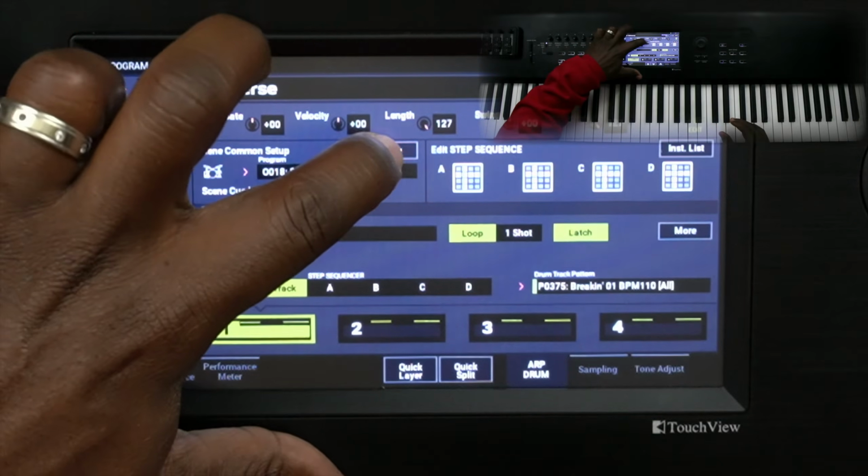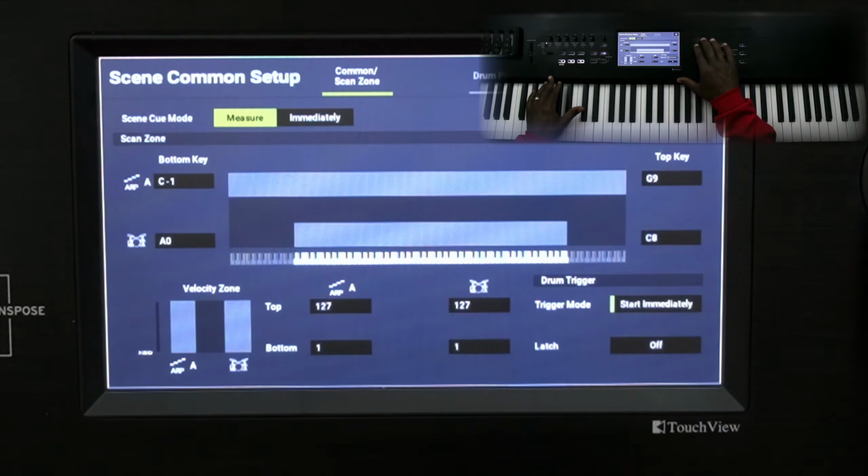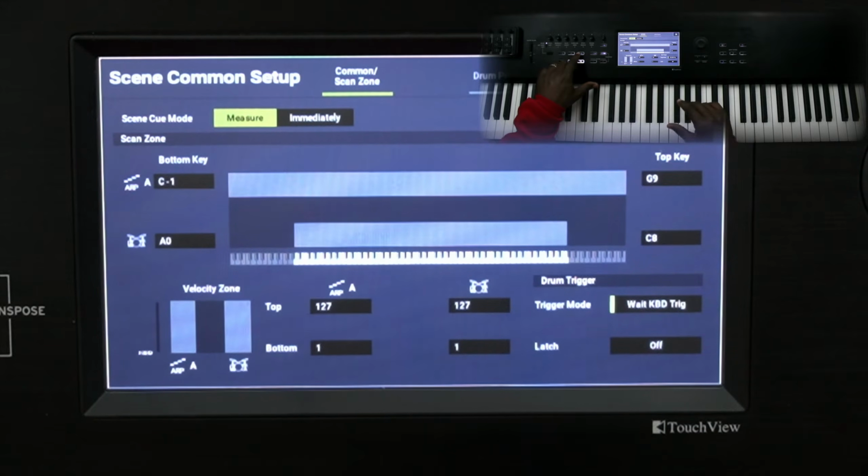Now you saw that it started playing as soon as I pushed the drum key button. That is because in this setting, we set our drum trigger to start immediately. So if we change that to wait for keyboard trigger, when we press the drum button, now nothing happens, but as soon as I press a key,